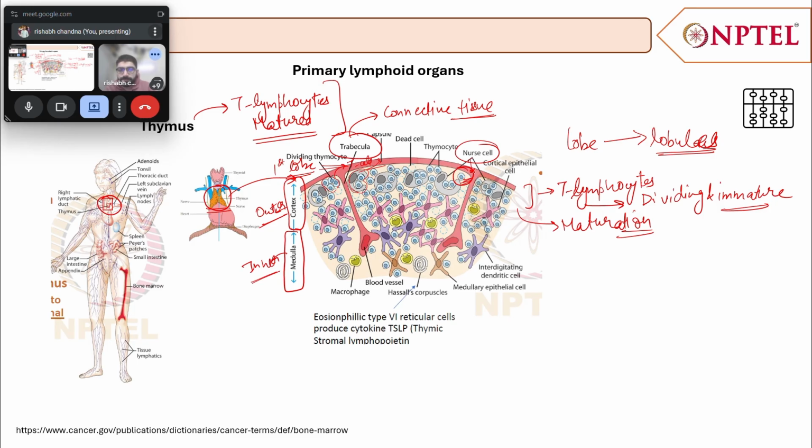Now when these thymocytes get matured, they move to the medulla region of the thymus, where they interact with the macrophages and the dendritic cells. So that helps in their further maturation,